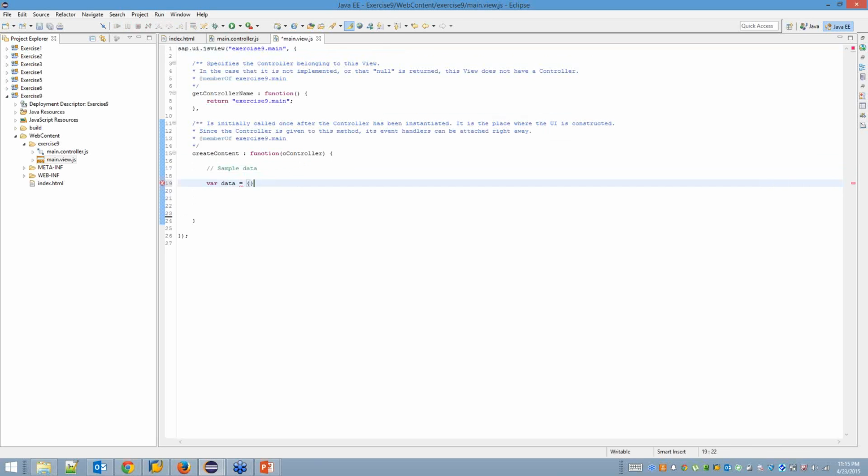So variable data is equal to, so that is going to return as an object, and within the object the attributes and the values are going to be collected. So I specify the value in the form of key value pair. Now the value is going to be